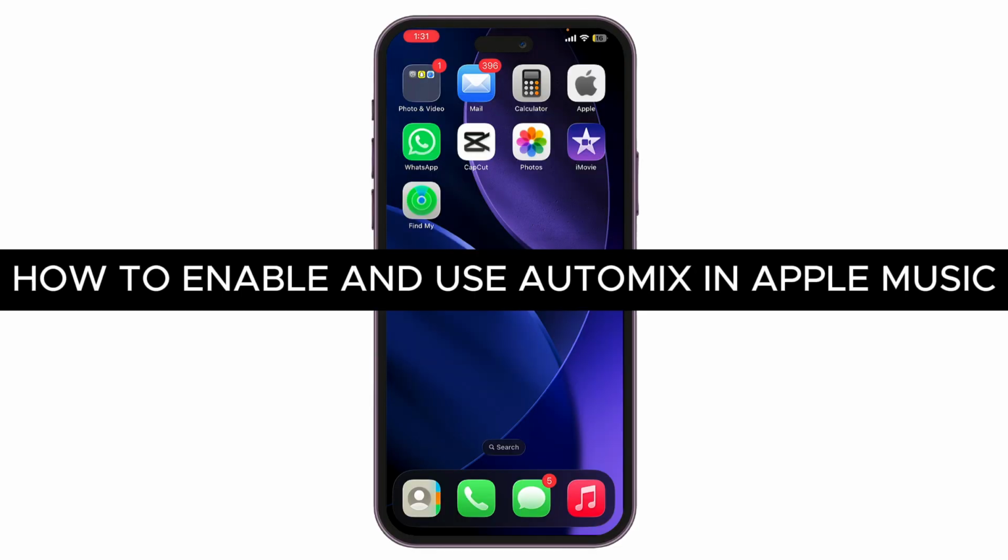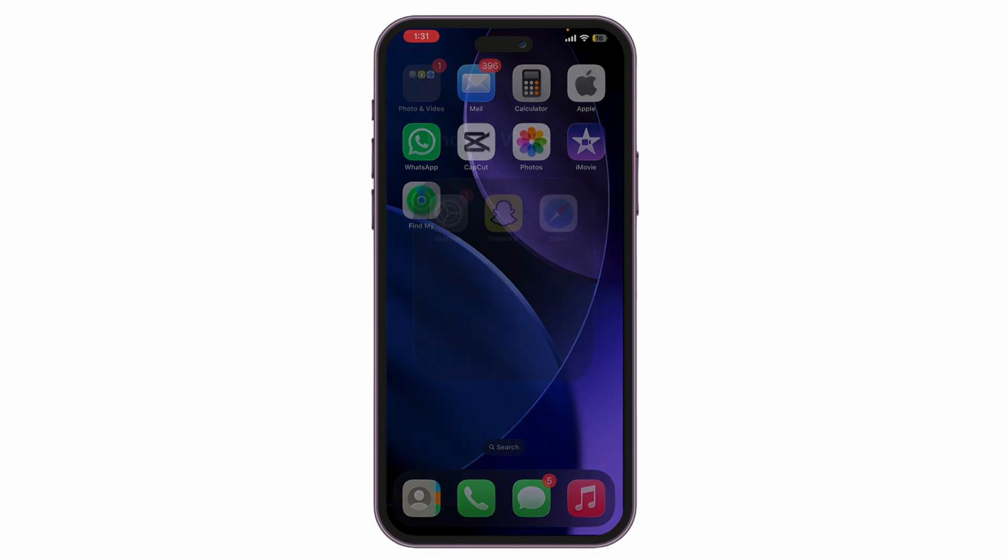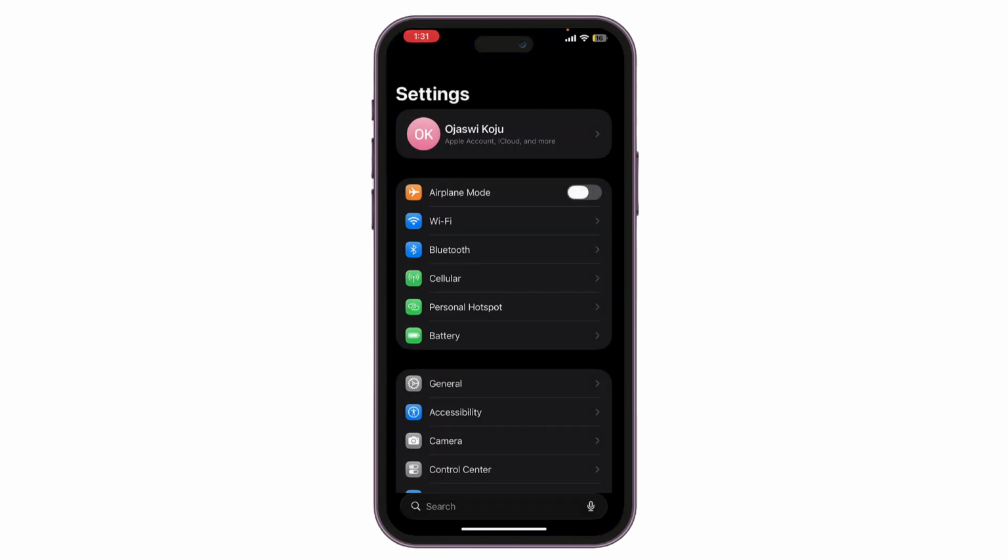How to enable and use Automix in Apple Music. So before this video, you need to remember that you need to buy the subscription of your Apple Music before turning on your Automix. Then you can simply get to your settings, and then from your settings, you can scroll